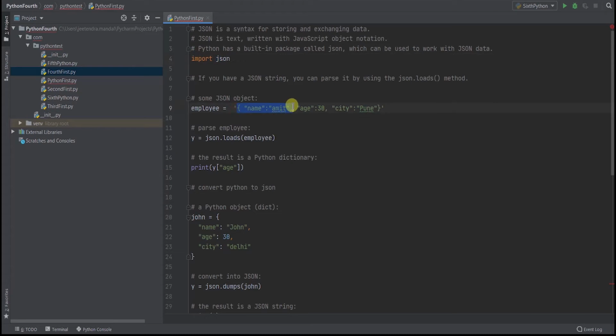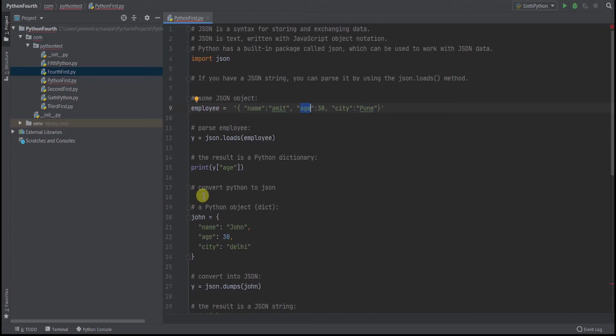As we know, JSON stores data in key value pairs. So here I have created one JSON object, and I'll try to parse it using the json library. And once I parse it, I would like to print with the help of the key what I can get.